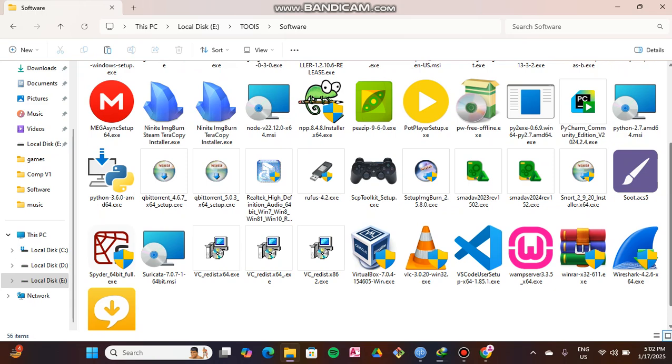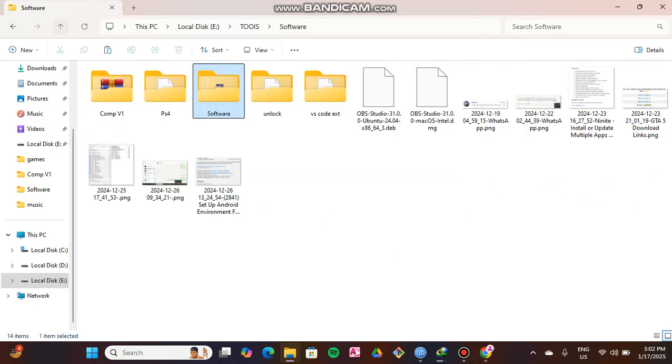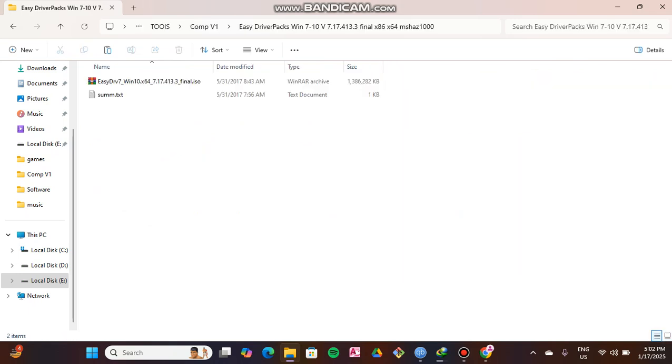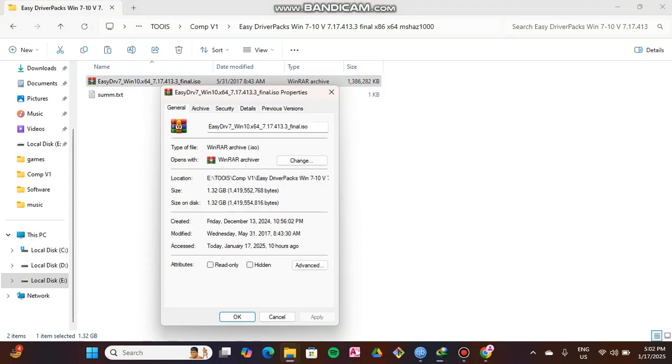These are MSI applications, and this is the Yak Reader that I actually use to read my comics on my PC. And for this one, in my Conv folder, I think this should be an ISO file. This is an ISO file, but I actually made it specifically to recognize WinRAR as the default. Okay, so now I have this one here, which is .iso. I can get